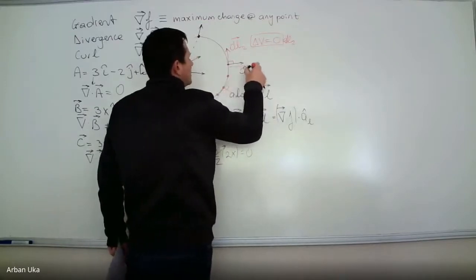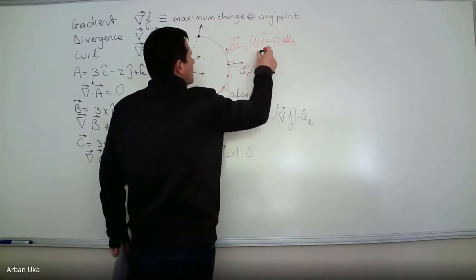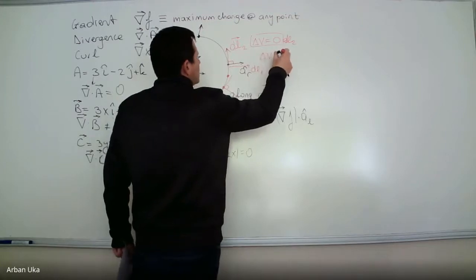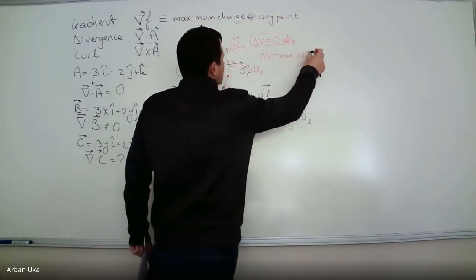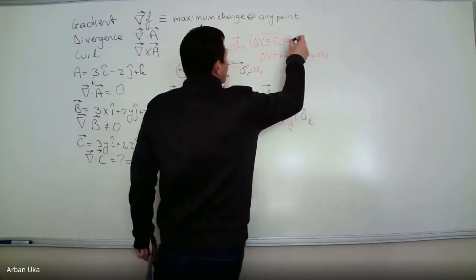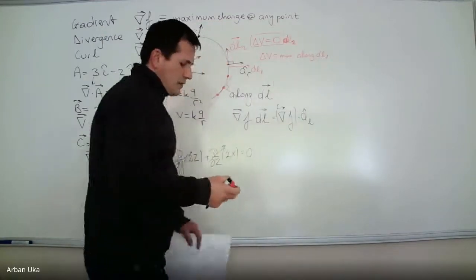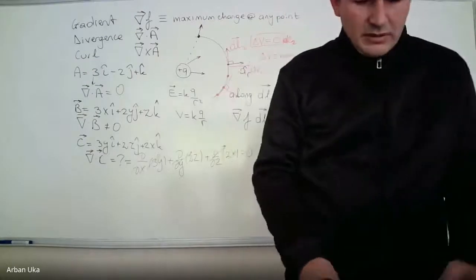Let's assign here a dl1. We can say that delta V is equal to maximum along dl1. Okay. We're going to see examples, but this was just